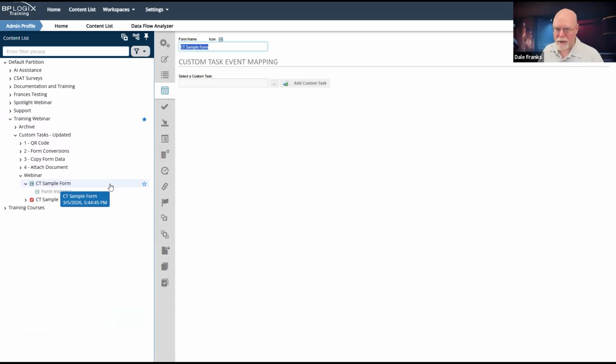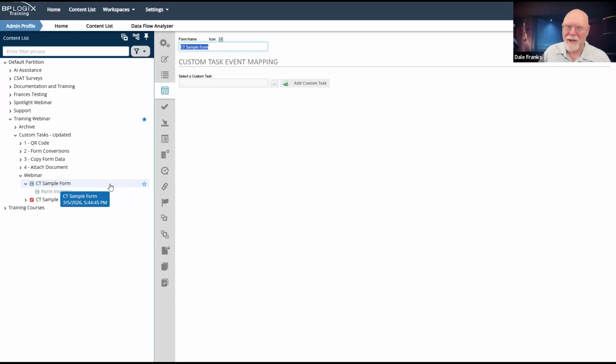Most custom tasks can be invoked from either a form or a process timeline. That is not universally true. There are a couple of tasks that just only work in a timeline. There are a couple of tasks that only work in a form, like the show alert custom task.